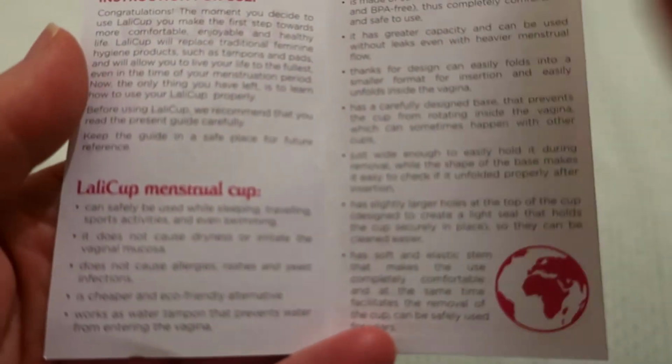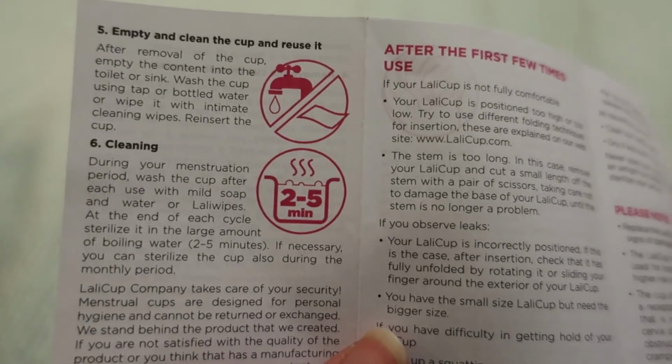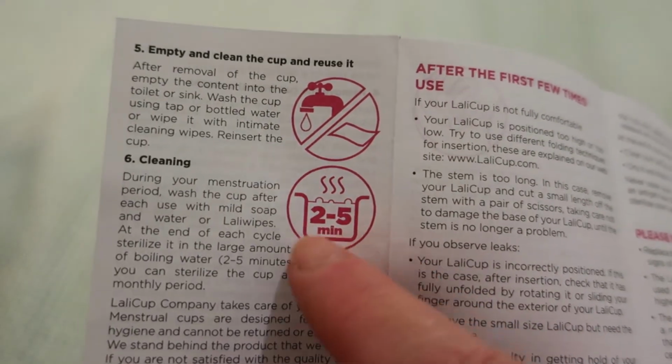The Lalique Up comes with this little booklet, which gives you instructions for use, details, more information. Again, this is another fold out, but it covers again how to use it. It also comes with pictures. It's really not liking having to focus. There we go. So water, clean it for 2 to 5 minutes, and then it goes over